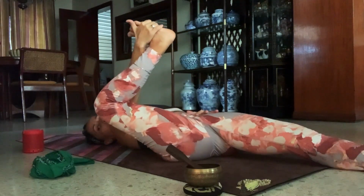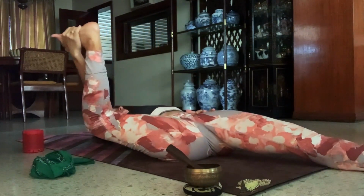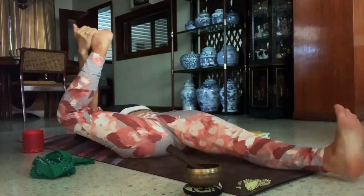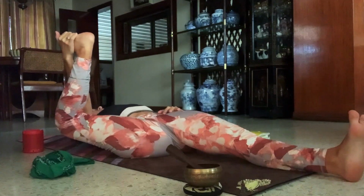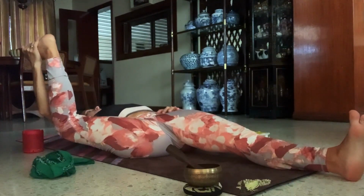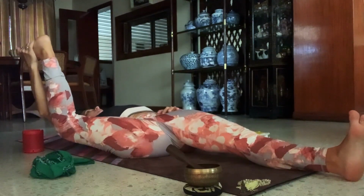Bend the right knee towards the side and try to see if you can grab your outside of the right foot with your right hand and pull the right knee all the way down into half happy baby. Here you go. One more time. My left hand is on my left hip. Shoulder blades down, lower back down. Breathe. Half happy baby. 5,